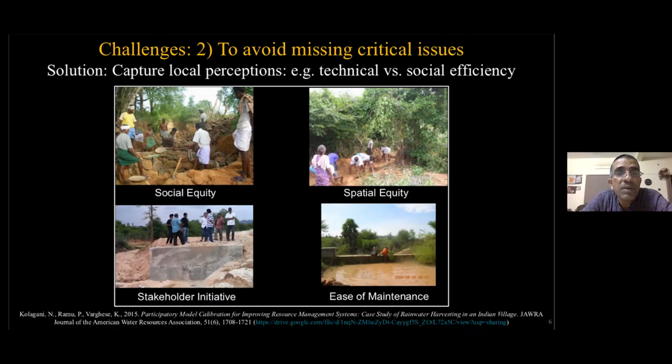For example, social equity. Which segments of society are benefiting by locating a structure in a particular place? What are the upstream and downstream spatial equity issues? And if we put a structure in a particular place, are the surrounding stakeholders showing sufficient initiative to maintain it subsequently? Maintenance is a big issue, so it's better you design structures that need the least. These are all factors that initially we overlook, but which required considerable probing of all the loose statements that were hanging around. This is one problem I see quite often in my fellow colleagues' work